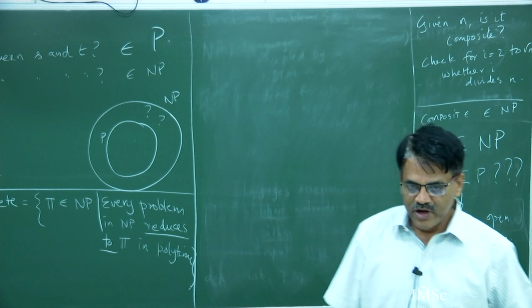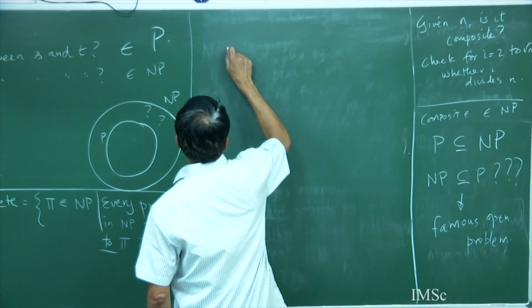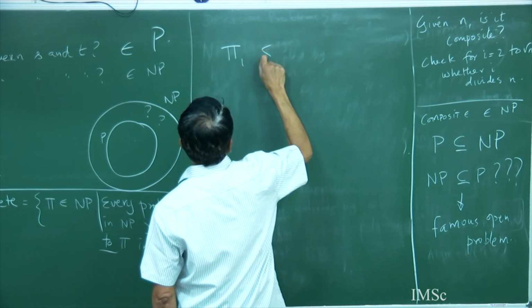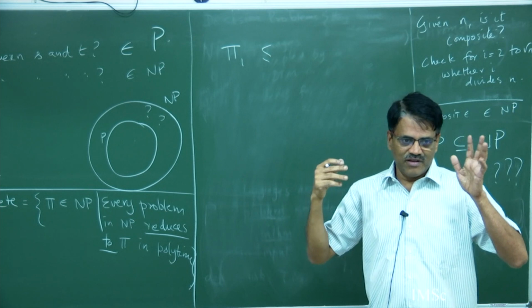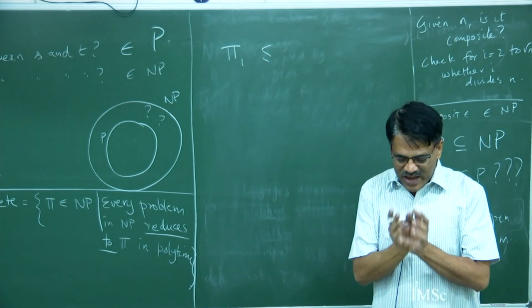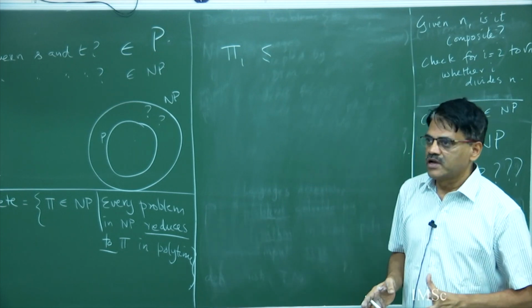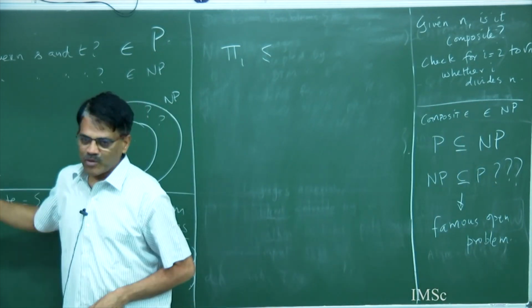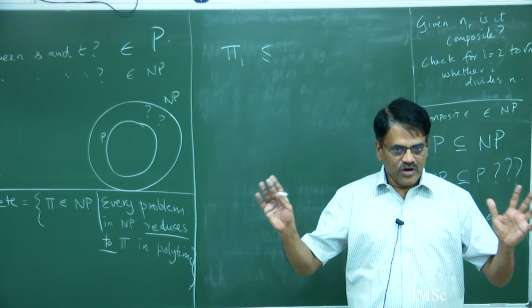Okay, what does it mean for a problem to reduce to another problem? And we are talking about in polytime, right? Pi 1 and pi 2 are problems, and by problems, you can interpret them as languages. So, when you say language, what is the language for the Hamiltonian cycle problem? Set of graphs